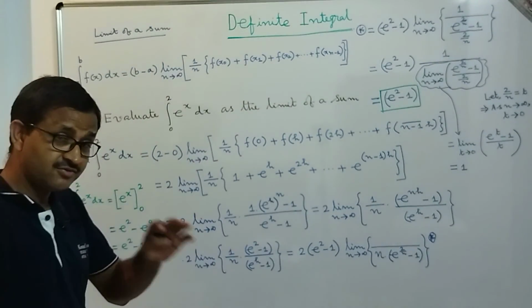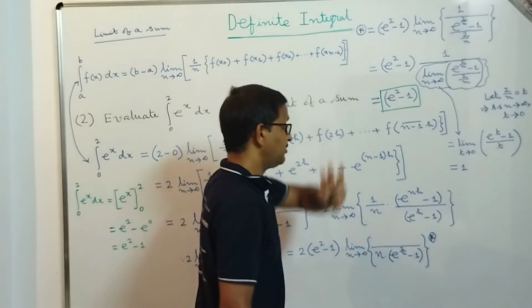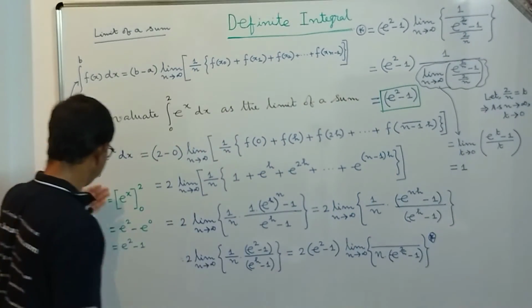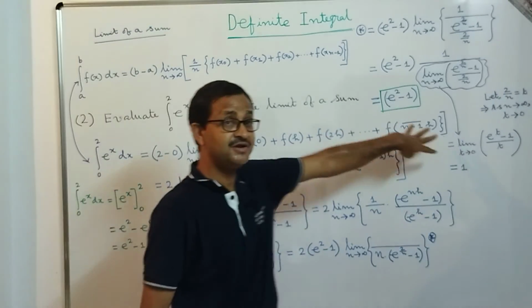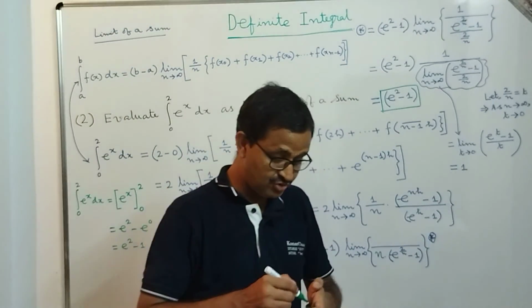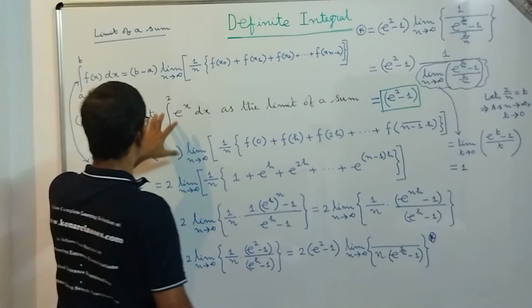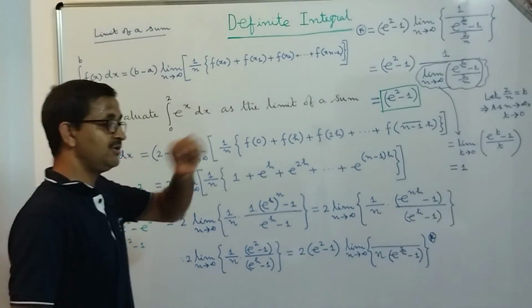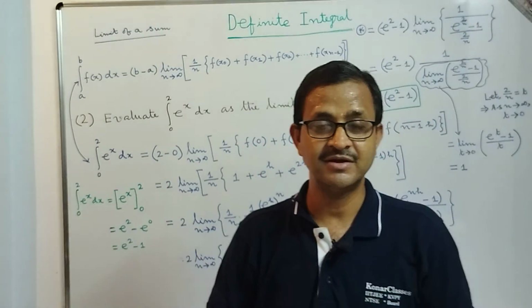So it gives us full confidence that whatever we have done using the method of limit of a sum is correct. Here it needs a few seconds to find the answer, but the other method needs a few minutes. But sometimes, whenever the question asks for finding the value of this definite integration as the limit of a sum, you need to do it that way. Okay, dear students, with this note, let me conclude the class here.